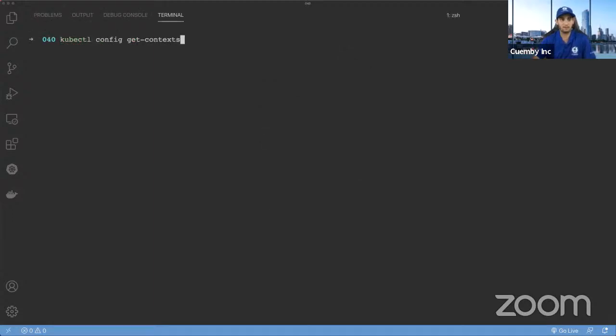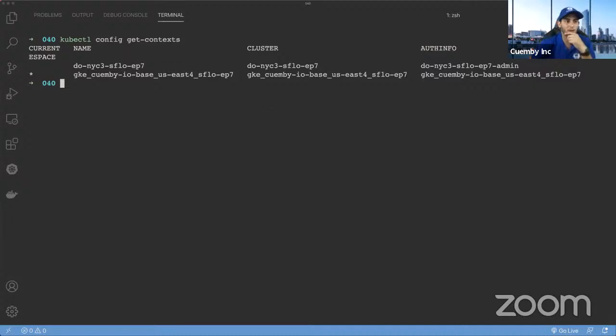I've got different contexts. I have a DigitalOcean cluster running, a GKE Google Cloud cluster running, and also a Vagrant cluster running. So we're going to run this tool on those three and see what's different. Like, what's the output when I run the tool from DigitalOcean to Google Cloud to the local one.